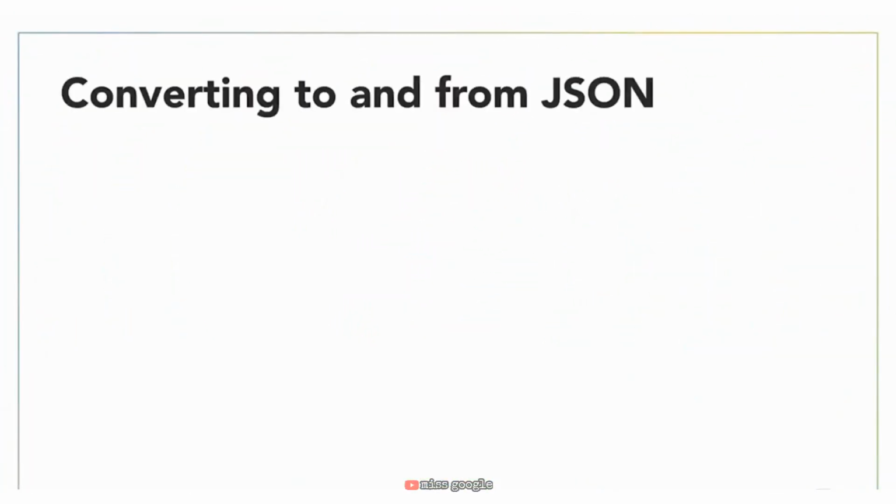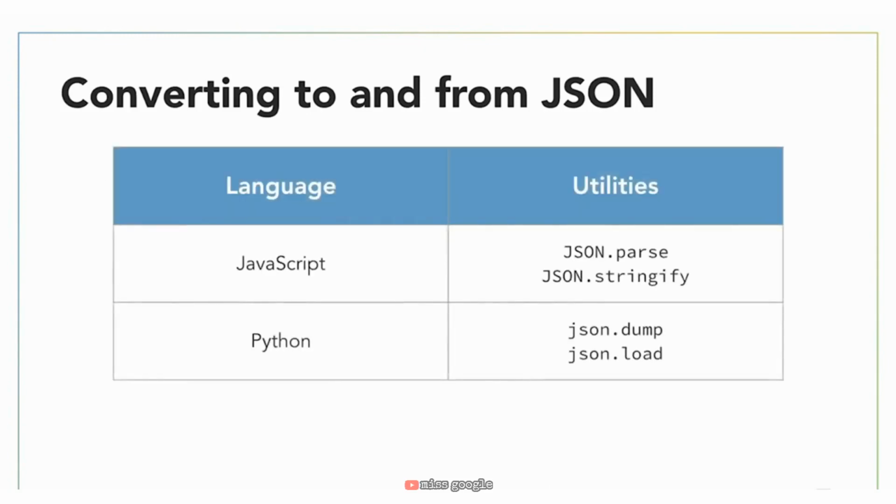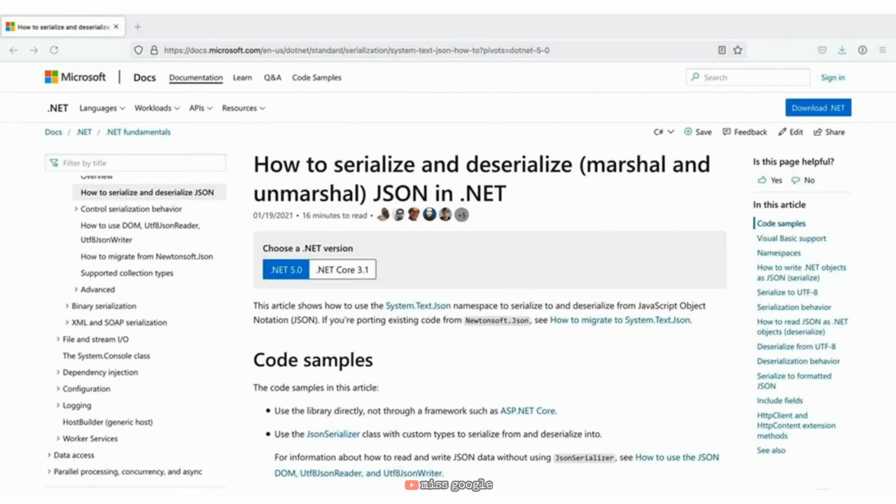Remember that even though JSON is based on the object notation used in JavaScript, JSON can be used across languages and platforms. Some languages like JavaScript and Python include utilities right in the language that serialize and deserialize JSON. In other languages like Java, you need to augment the basic features of the language with a library to manipulate JSON. Whatever language you're working in, you can check documentation or other resources for best practices on working with JSON